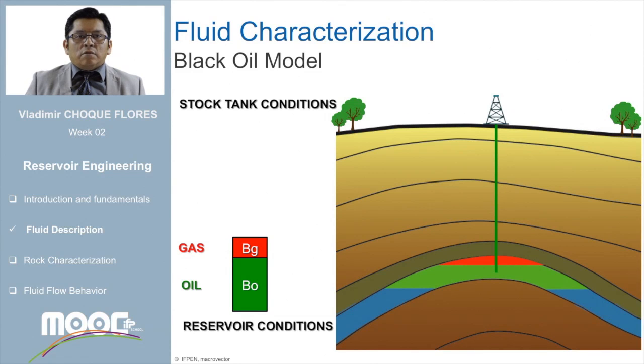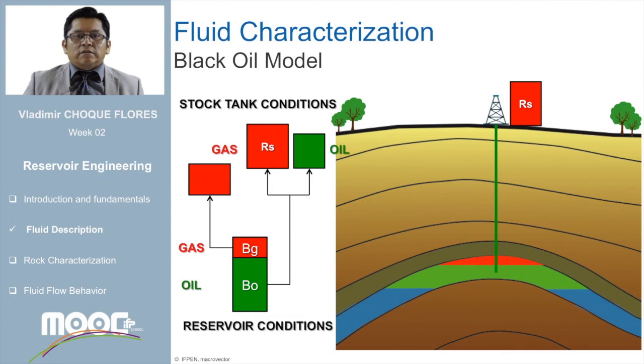The oil formation volume factor, Bo, is the relationship between the volume of oil in reservoir and in surface conditions, with Bg being the gas formation volume factor using a similar relationship. The solution gas-oil ratio, Rs, defines the quantity of gas in solution in the oil in stock tank conditions. To summarize, a smaller volume of oil may be produced at surface compared to reservoir due to the gas present in solution in the oil,